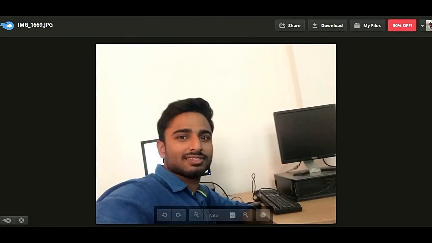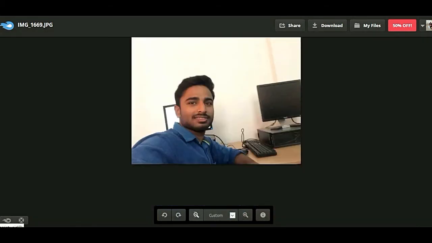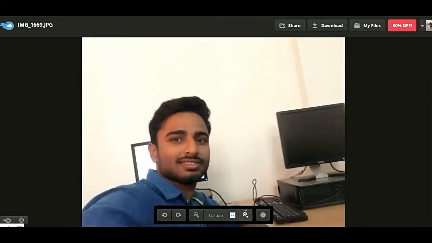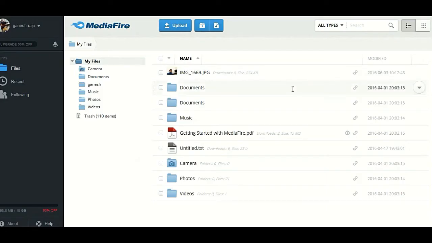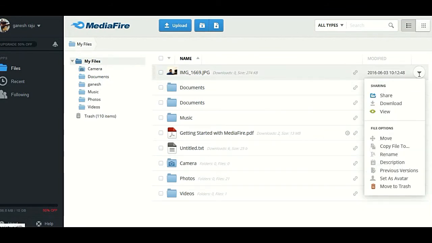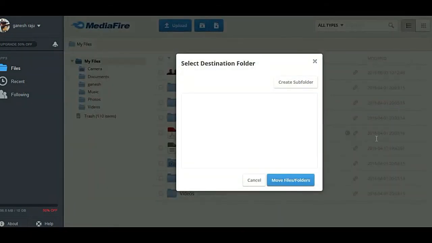And this is the image, and you can rotate, decrease the zoom, or increase it, and you can do many things with the media file preview. Then again go back to my files, and again click on the drop down menu. Here you can move to another folder.